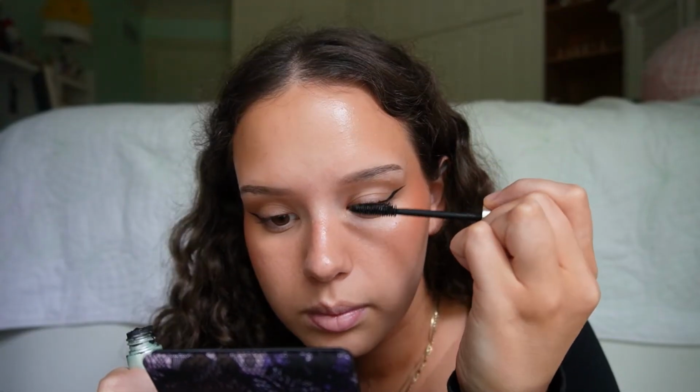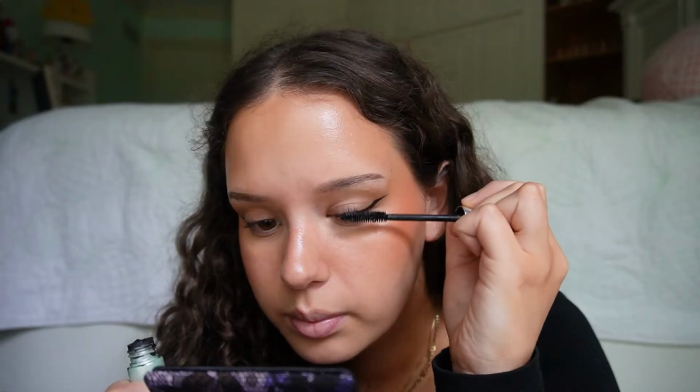Pick a mascara you like. Do not ever buy a high-end mascara. You can get a waterproof, a volumizing, a not waterproof, a tubing mascara. You could get it all at the drugstore. Don't be pendeja. Not me though, I use the Clinique one because I got hella sensitive eyes, so...